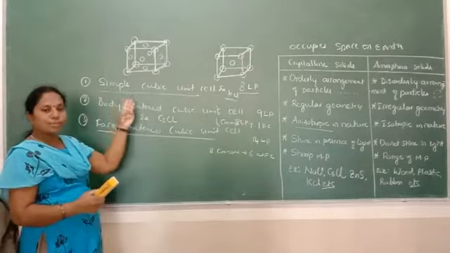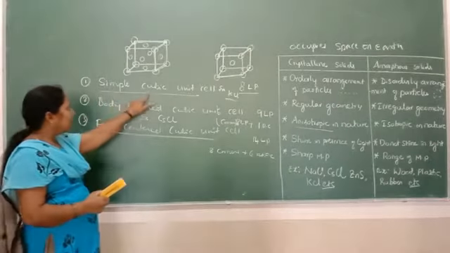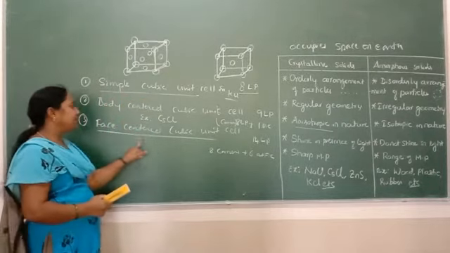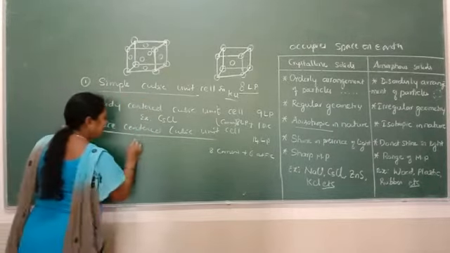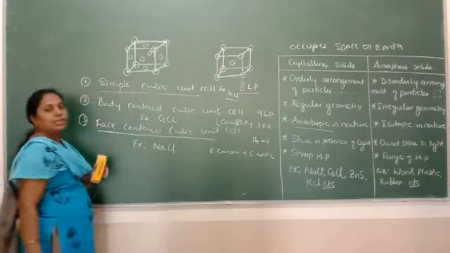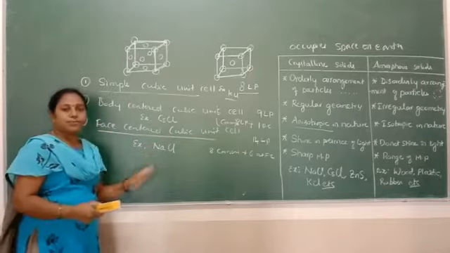There were 3 different types of unit cells in the cubic system: simple cubic unit cell, body-centered cubic unit cell, and face-centered cubic unit cell. So the example for this face-centered cubic unit cell is NBC. Okay, so